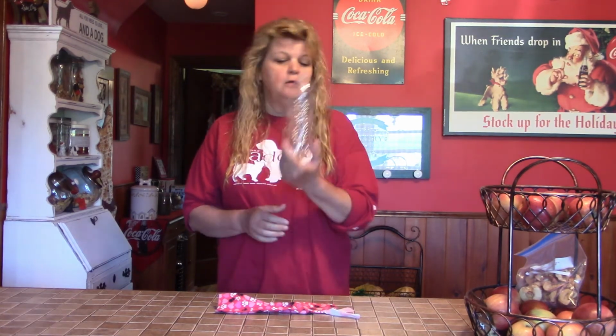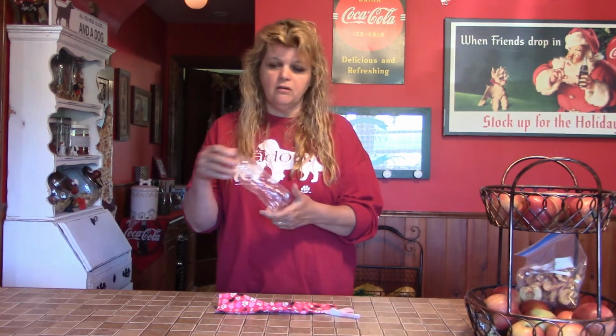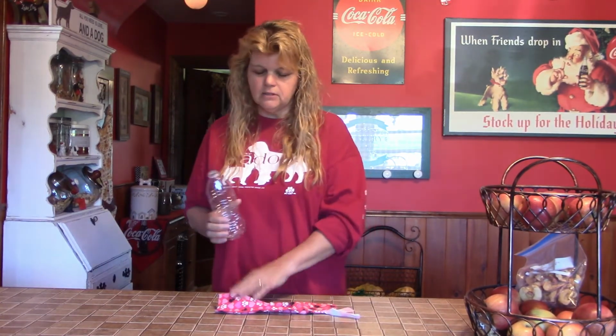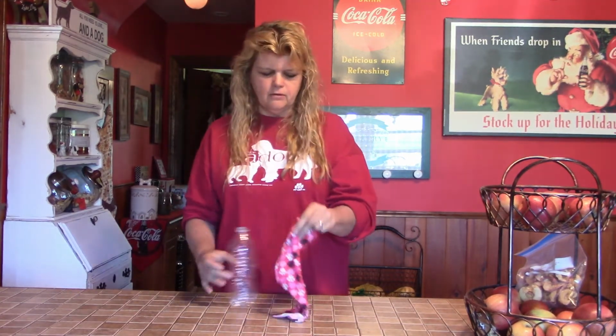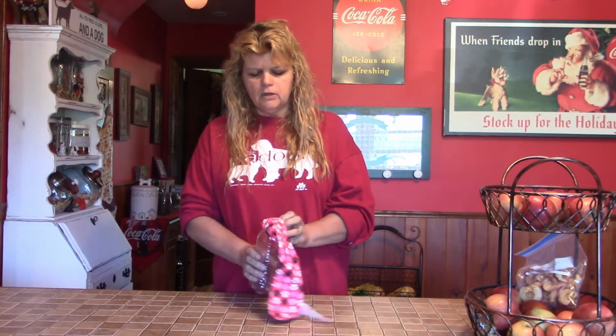Water bottles can also be recycled into great toys. Again, they can work like the puzzle toy. Put some treats down inside there and let your dog or cat bat them around. Just make sure you supervise them closely in case they decide to chew on the plastic. Another great way, you can take a sock, or you can sew your own fabric scrap together, and by simply placing it over top of the water bottle, like so,